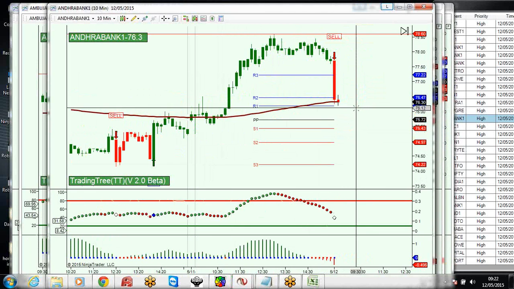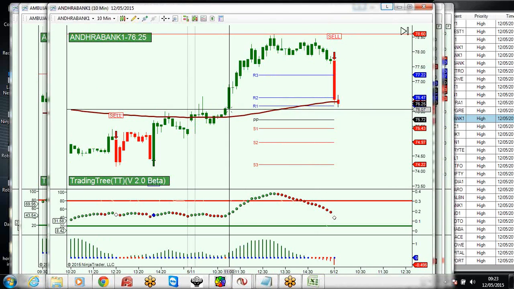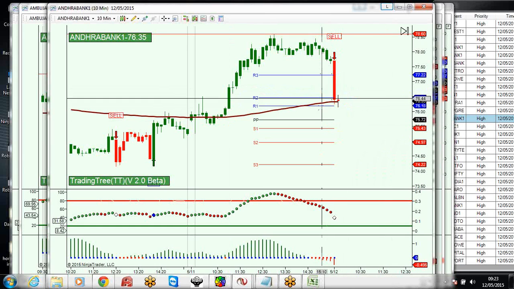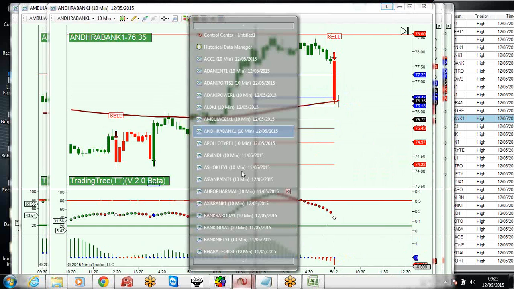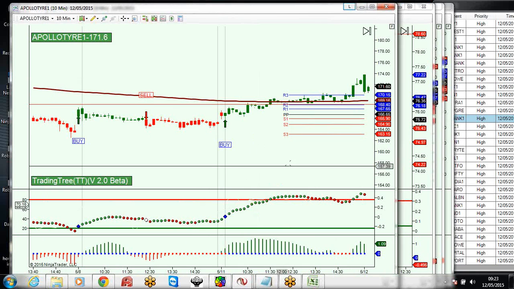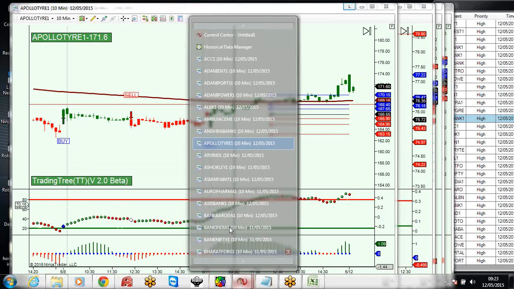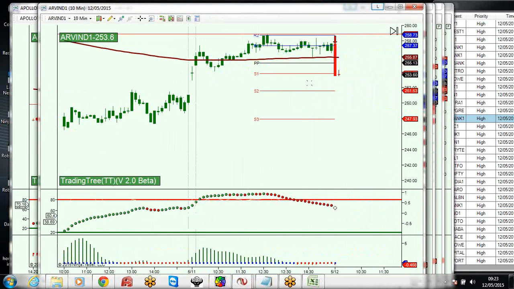सो आंध्रा बैंक अगेन यू कैन शॉर्ट इट बिलो दिस लेवल 76.10 पे शॉर्ट कर सकते हो आप। मैं ये देख के बता रहा हूँ, ये लो कैंडल जो है रीसेंट लो, वो कैंडल, बट इट हैज टू क्रॉस द ब्राउन लाइन फर्स्ट। अरविंद आप यहाँ शॉर्ट कर सकते हो 252.80।